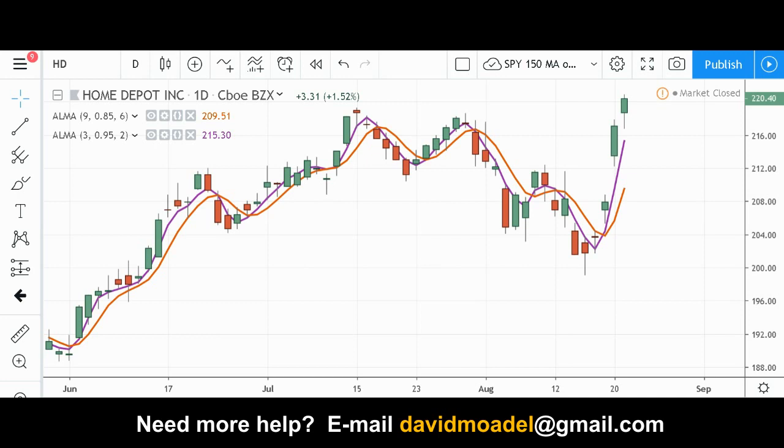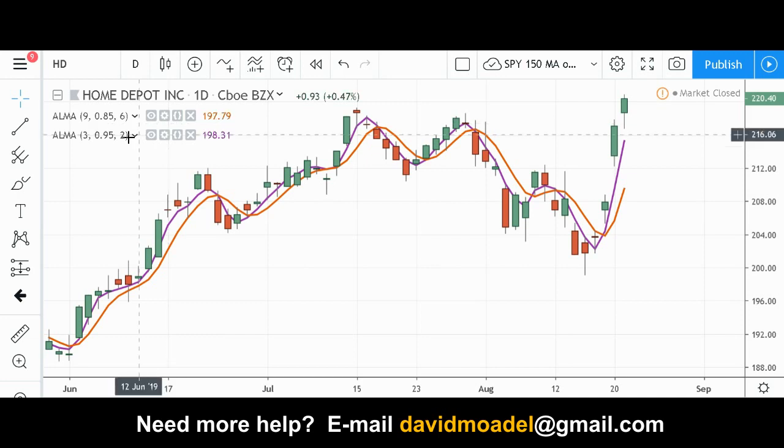And the idea behind these particular moving averages is that they're supposed to be smoother, meaning that they're less susceptible to market noise or small price movements. And also they're supposed to be less laggy. So in other words, more responsive to the price action of the actual candlesticks. Or in other words, they go where they're supposed to go quicker than a regular moving average. I'm not saying this is all necessarily true, but this is what's supposed to be true. Okay, so smoother and less laggy than regular moving averages. That's the Arnaud-Legault moving average. And we have two of them up there.